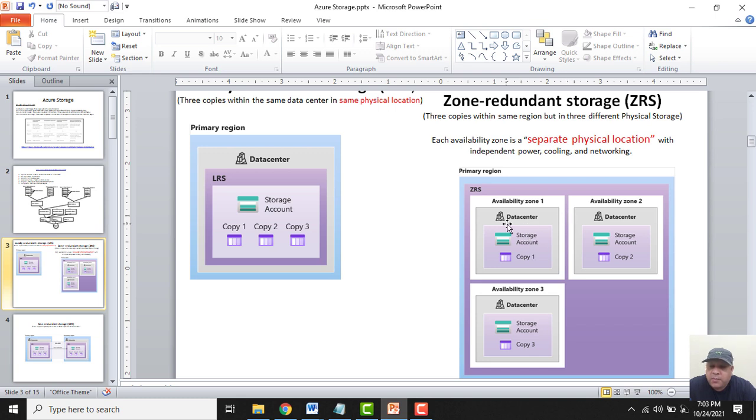One copy will be in the first availability zone, another copy in the second availability zone, and the third copy in the third availability zone. When we talk about an availability zone, it means these data centers will be in separate physical locations, and they will have independent power, cooling and networking. So when we select ZRS, we get these options.